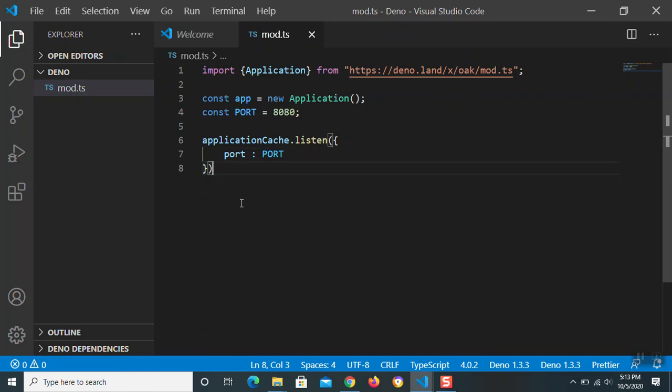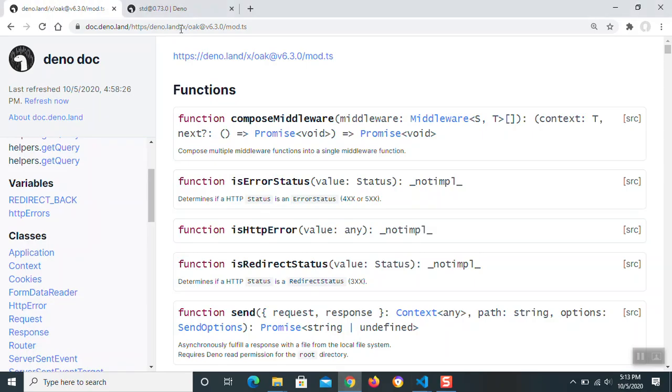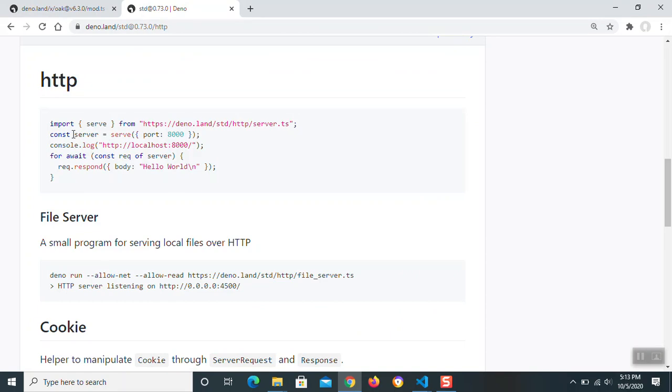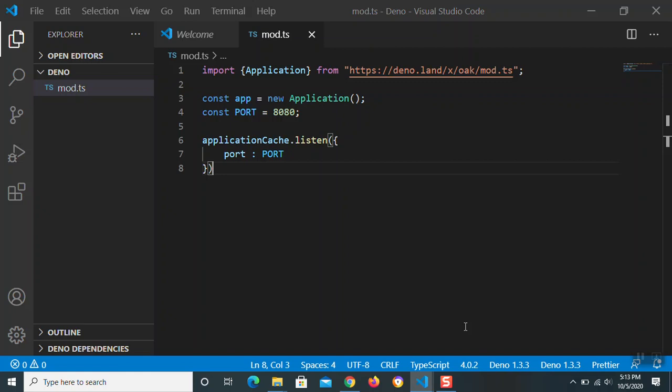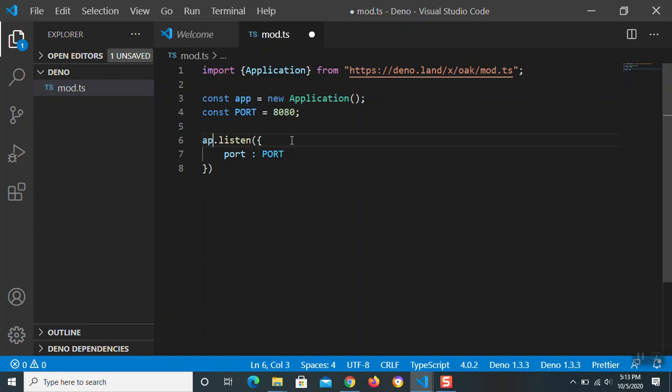Okay, you see the HTTP method, it's being assigned to the port. In my machine, 8000 port is being already assigned to some other server, so I'll choose 8080 port. Then we'll pass this into the listen function. Sorry, this is app.listen, not application case, it's app.listen.